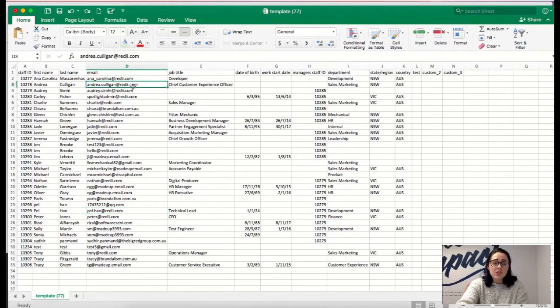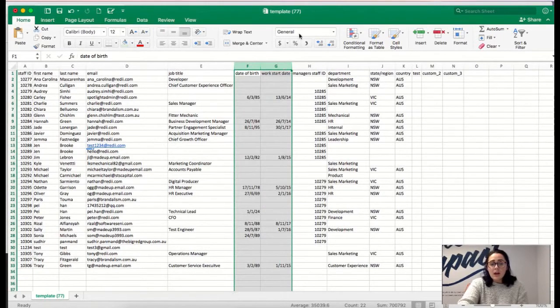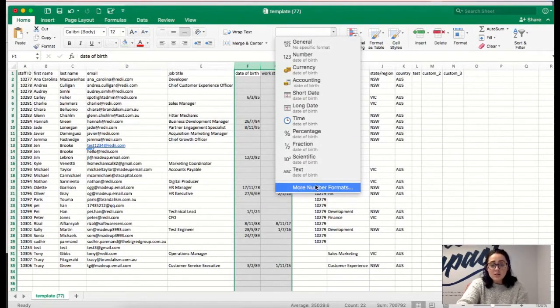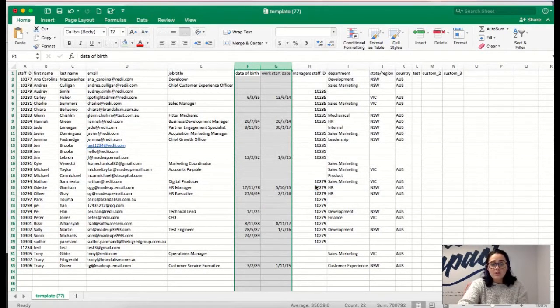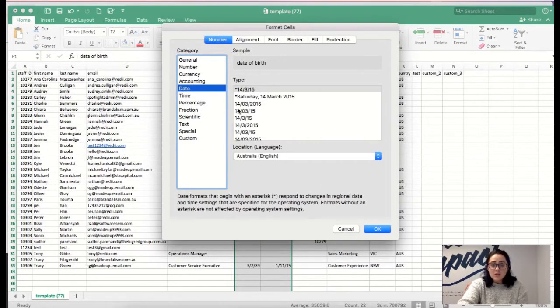You can go through and change it. So if you need to change someone's email address, we'll just pop that in there. You can see that it'll change that email to there. We also noted that our dates are not in the right format, so we'll go through and change the date format so that it's as per the requirements. So we want date, month, year,